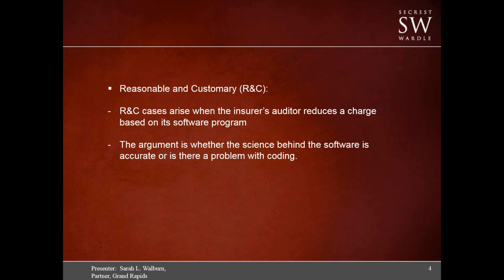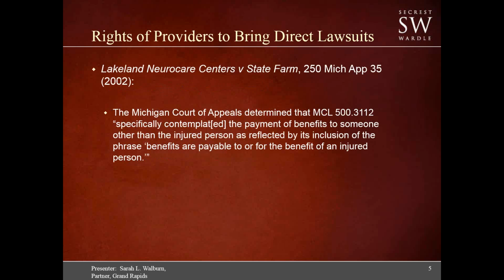There are some plaintiffs' firms that handle these exclusively. They have specific attorneys that only handle R&C, and they're going after all the insurers pretty hard. I know of some plaintiffs' attorneys who represent the providers that are suing on $800 reductions. So they are hitting these things hard, and we need to know who the auditor is. We need to know what the science is behind the reduction, and we'll talk a little bit more about R&C cases after I go through a little bit of the